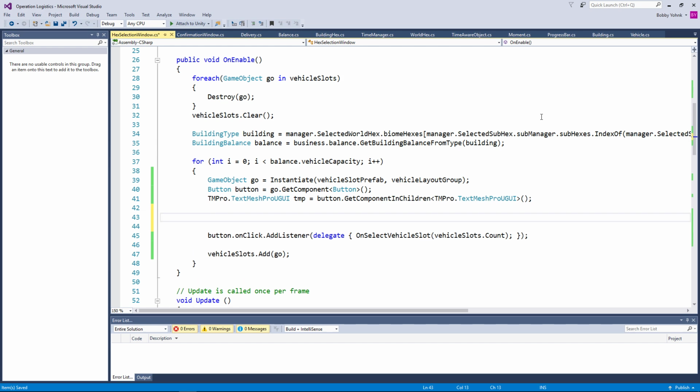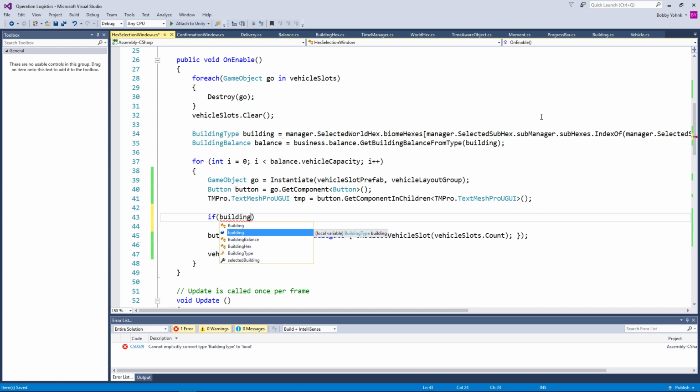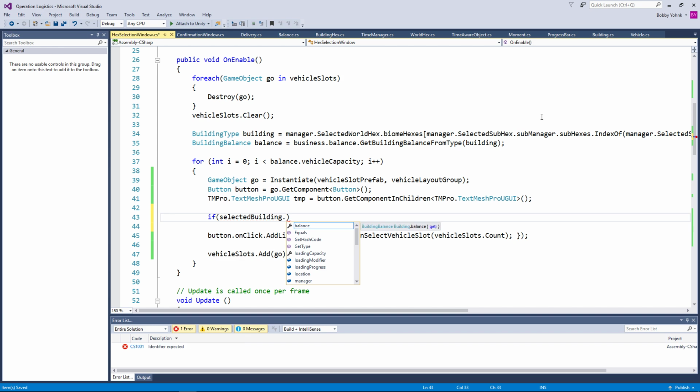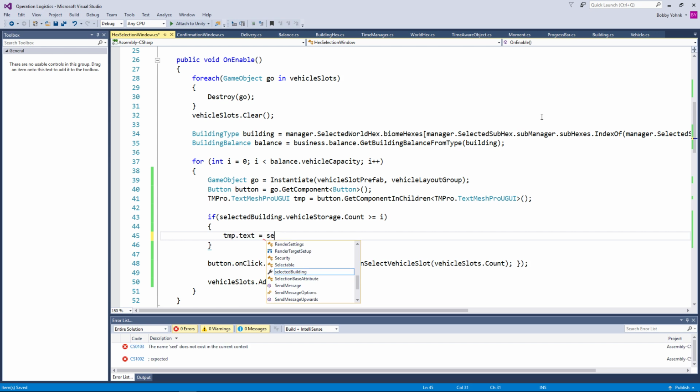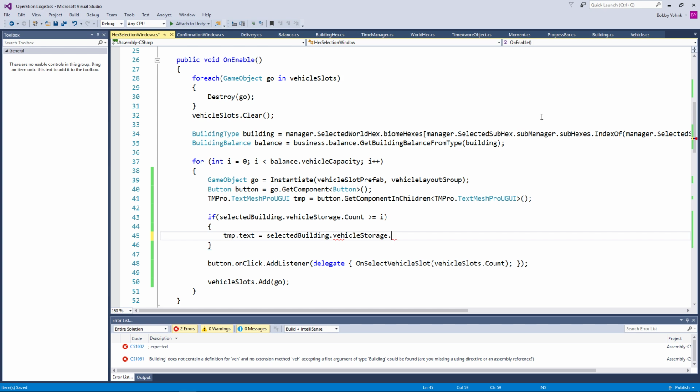So, I think the easiest way to do this is to say something along the lines of if building dot, and actually that's building type. If selected building, we'll go ahead and use that. We're only going to be using it once here, I think. Maybe twice. Selected building dot vehicle storage dot count is greater than or equal to I, then we want to go ahead and say tmp.text equals selected building dot vehicle storage dot